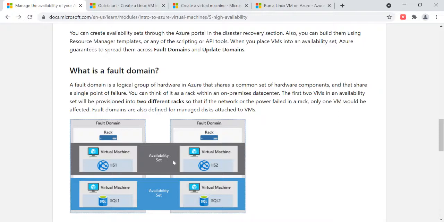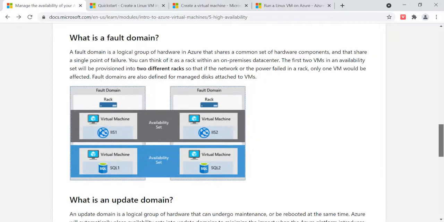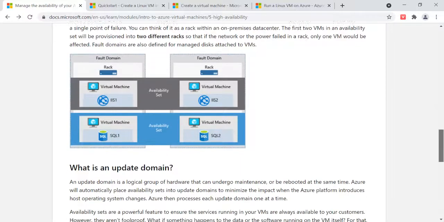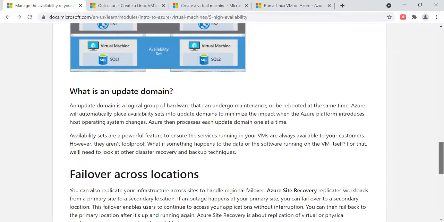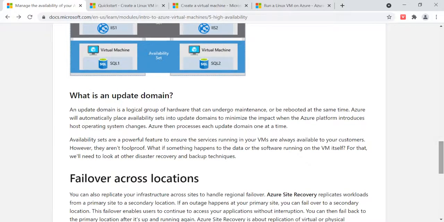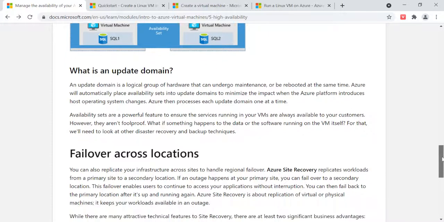If one VM fails, you will have backup racks, depending on how many fault domains you have. Next, update domain: if you have any shutdown or your VM is destroyed, the update domains will be helpful.